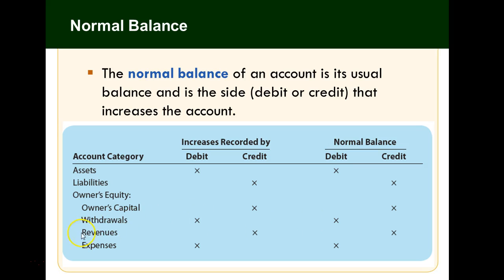In the same respect, when we increase our revenues, we credit it. And if we show revenues to be part of our capital account here too, when we increase revenues, we're also increasing our capital, aren't we? Our expenses have a normal debit balance. As we increase expenses, we debit them. But if we show our normal balance is a debit, when we increase our expenses, we're ultimately decreasing our capital